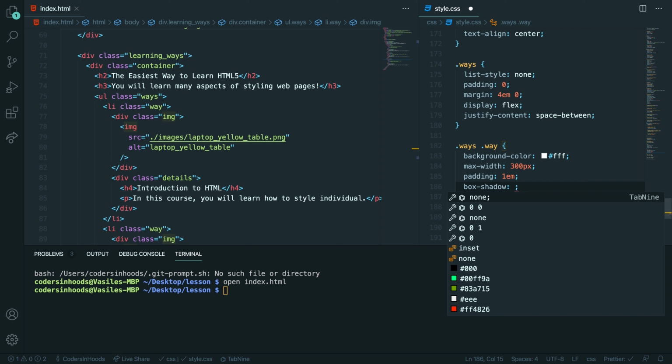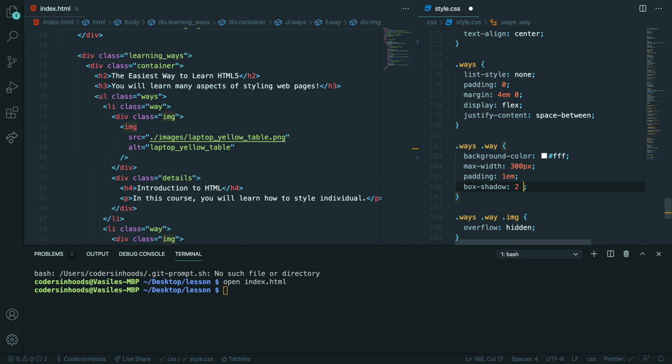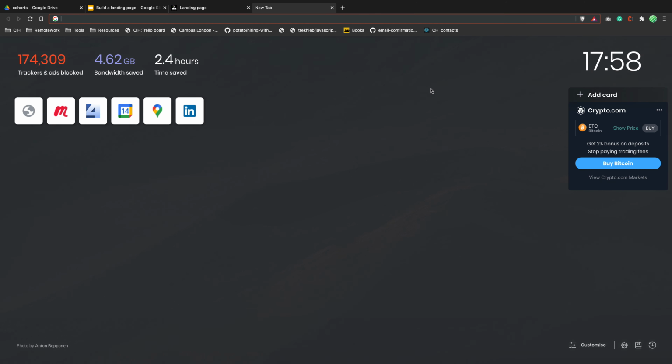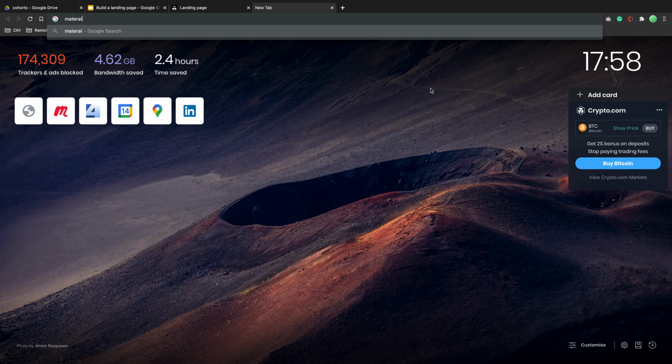And we can set like 0, 2 pixels, 4 pixels. You can try to follow me, and you need to do basically RGBA, and then the color, and then comma, and then another one. But the lazy version of adding the shadow is like material